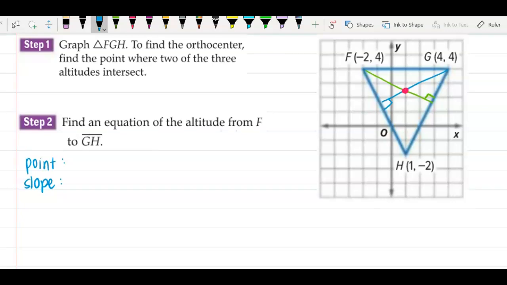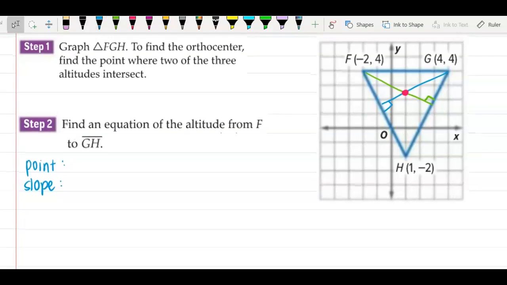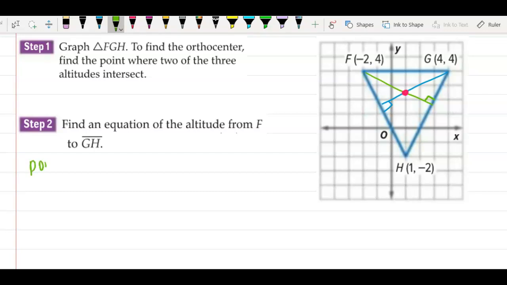Okay, so if we are doing F to GH, this was our green one, I'll switch colors. So we need a point and we need a slope. The only point verified on this line is point F, which is (-2, 4). And we're not exactly sure where our slope would be, but we know that